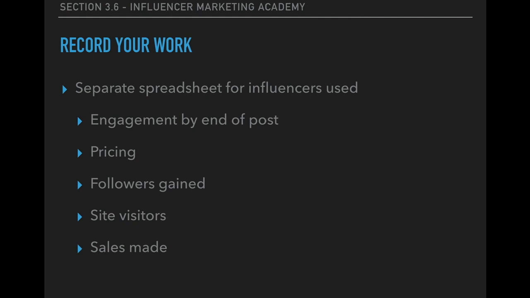Shopify does offer a site visitor count, and you also want to keep track of the sales that you've made during that post period, because they are going to take down that post, and sales after that most likely aren't going to be directly related to that influencer, although they very well could be if the influencer's traffic was a gained follower that then became a future sale, but we can't really track those. So we're going to see exactly which influencers were working well for us and which campaigns were most successful